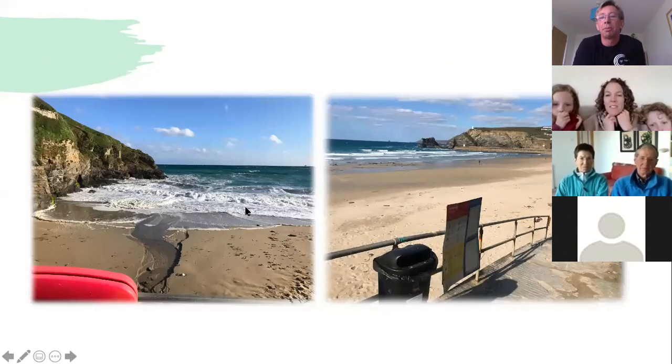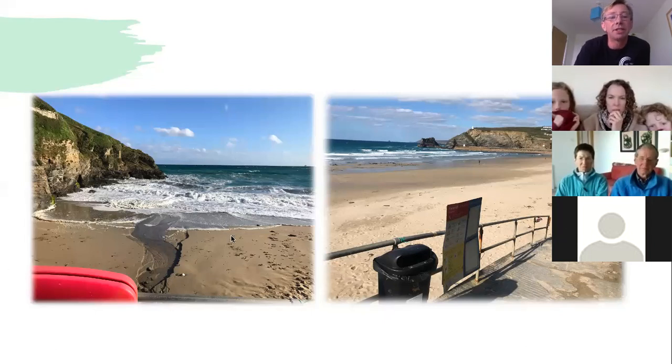Okay, I was out on my daily exercise yesterday. I was walking the dog and went down to our local beach and took a couple of pictures. So this is my morning walk, and it was at about 7:30 yesterday morning. That is this picture on the left, and you can see this is the tide at 7:30.